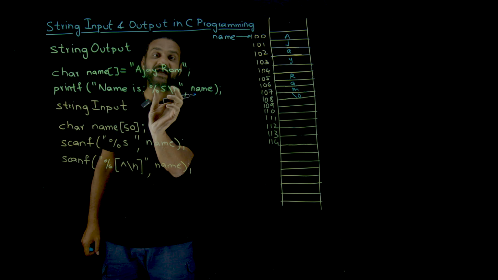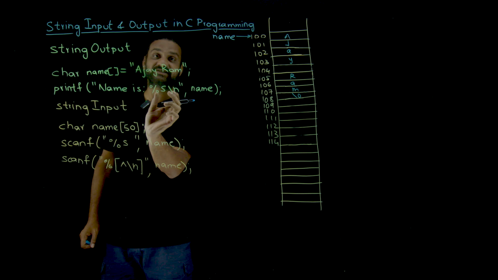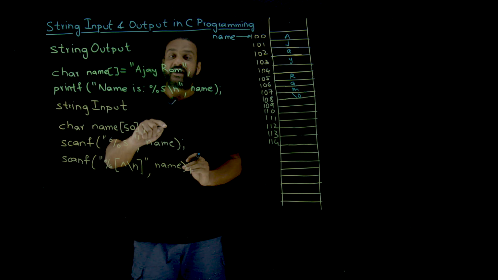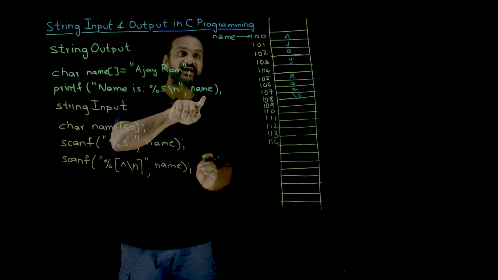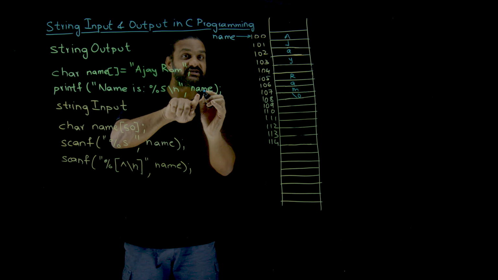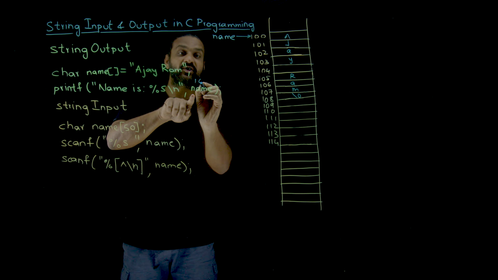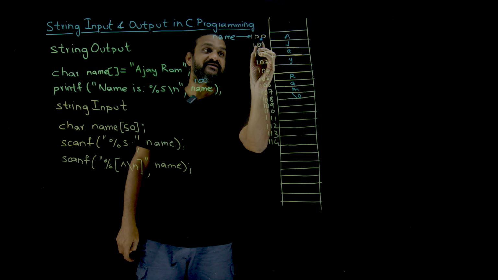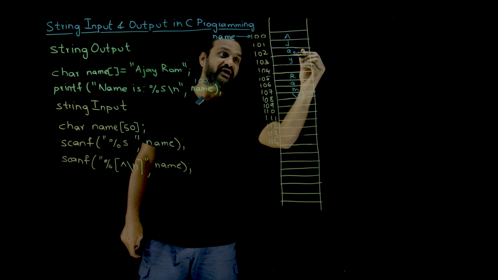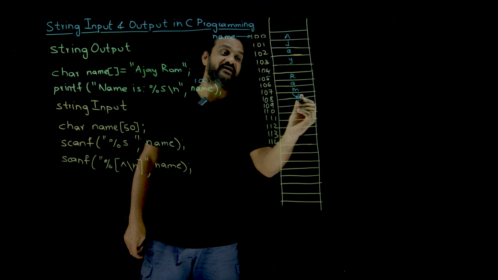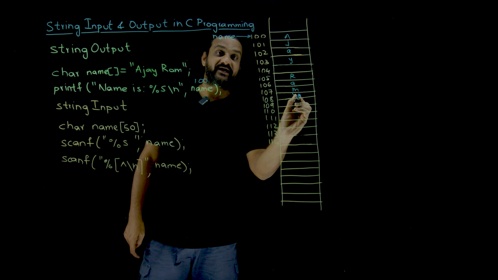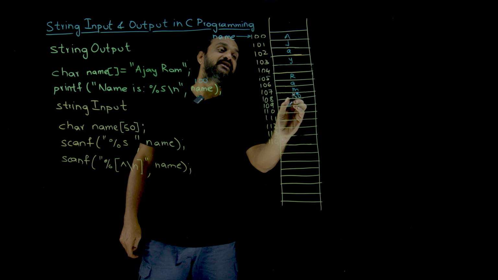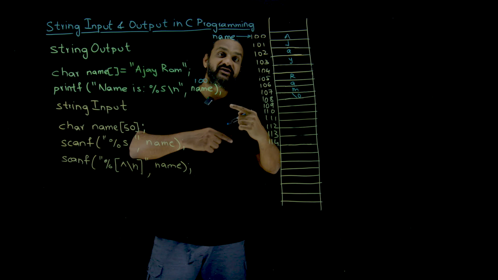Once it identifies %s, it goes to the variable name. Since it is an array, the variable stores the address. It goes to this address and fetches all the values in the array until it identifies the null character. Immediately after identifying the null character,